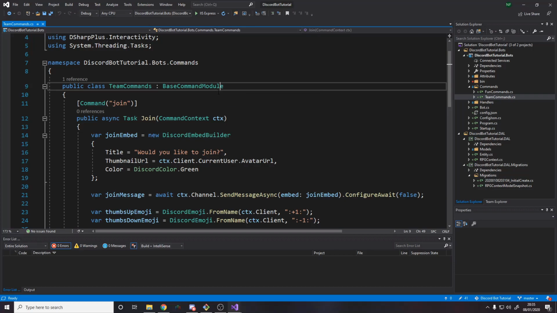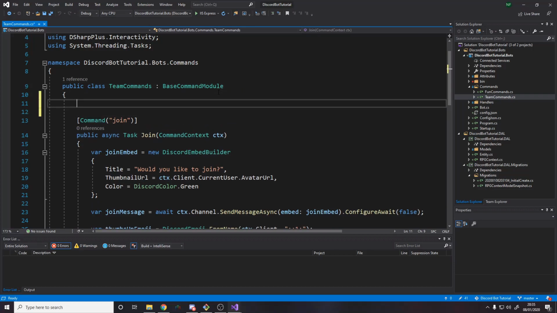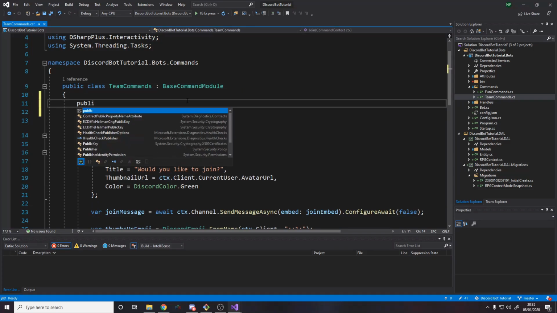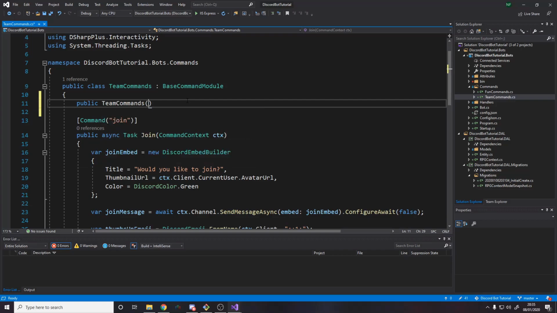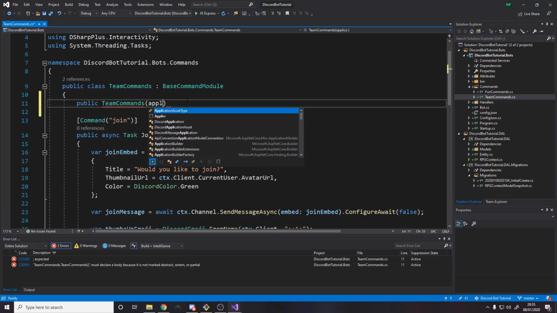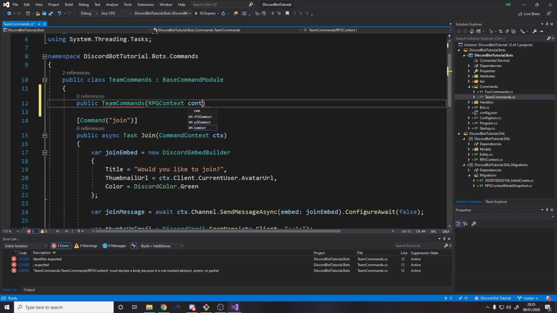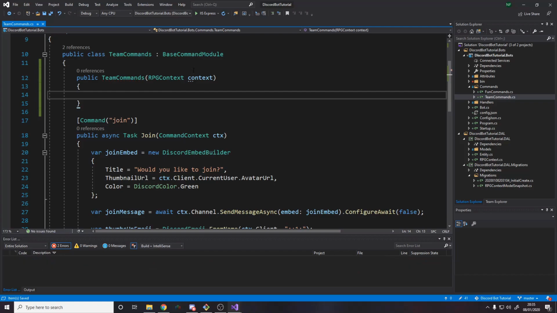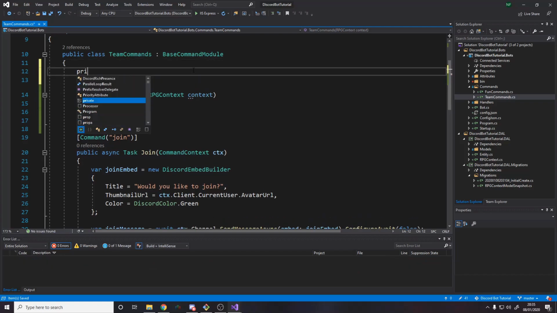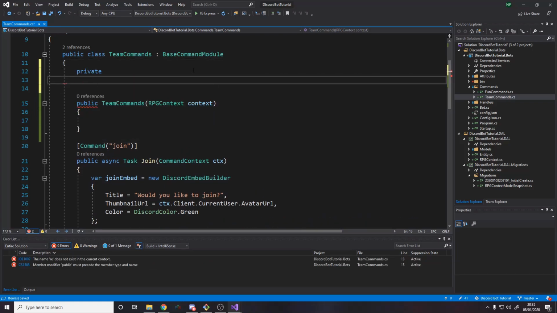So we will want to make proper services, as I said, but this video is going to go on too long if I do that. So instead, we're going to make a constructor in team command. So team command, and it's going to take in an application, sorry, not an application DB context, an RPG context. Okay, and we'll just call this context. And we want to cache it here so we can use it in our commands. So we'll say private read-only